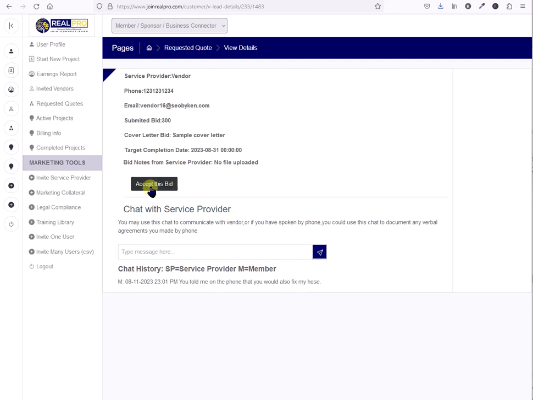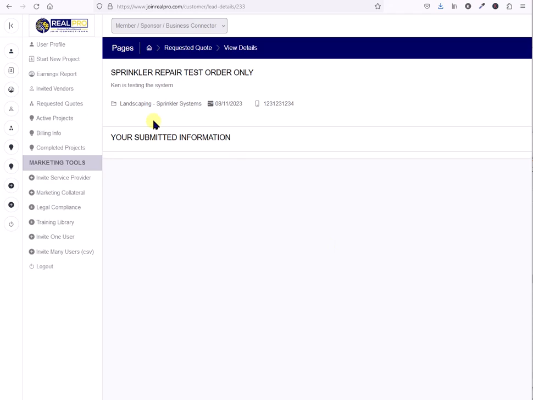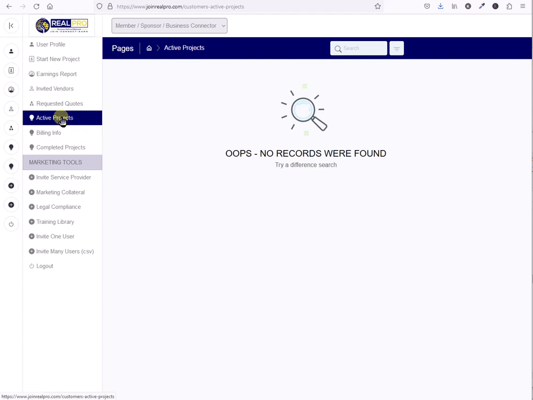So if you like this bid, you can say accept it, and then it will move into the active projects section once the vendor also approves that. So I'm just going over to the vendor side and I clicked approved. So I'm going to reload this page. One other thing is, with respect to this, you can always look at the project details here. But if you go into active projects, once both parties accept this,